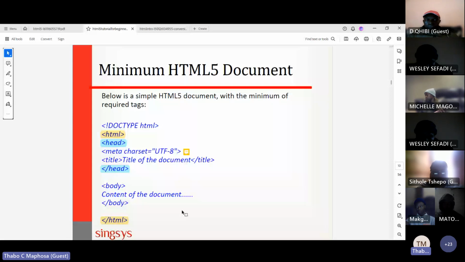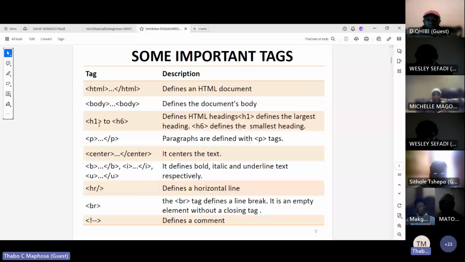Next up are the headings. No, this is not the header, but the headings. The headings have different HTML tags. You've got H1 all the way up to H6. Remember, if you open H1, you have to close H1. You do not close with an H6.